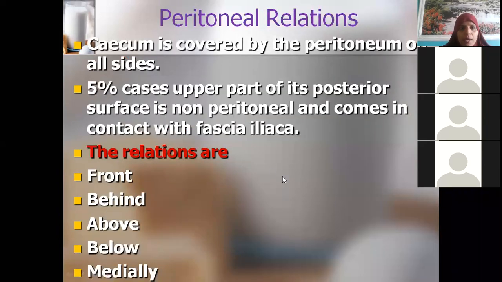Now, cecum is completely covered by peritoneum. In 5% of cases, the upper part of its posterior surface may not receive any peritoneal covering. Behind the cecum, in the first slide I showed you, when you lift it, I asked what is the space? Retrocecal recess, I told you. In that area we have the iliacus muscle, and the fascia which covers the iliacus muscle is fascia iliaca. I'll show you in my following slides. In the 5% of cases where peritoneal covering is not extending behind, the cecum is directly resting over fascia iliaca, which is the fascial covering over the iliacus muscle.